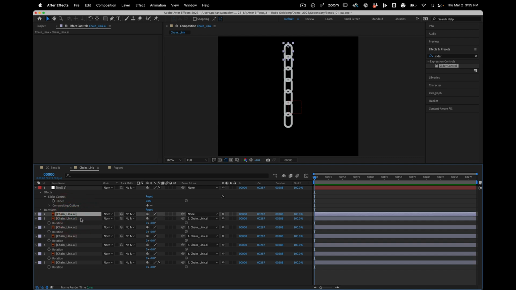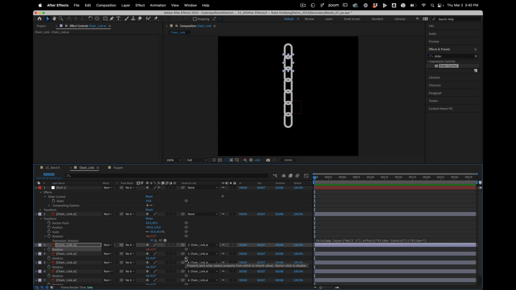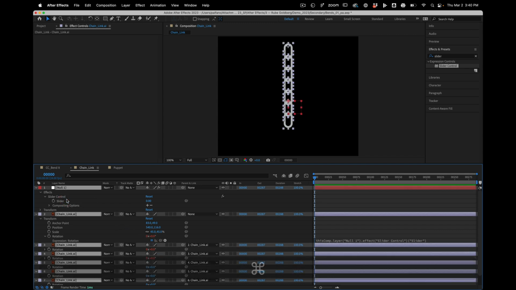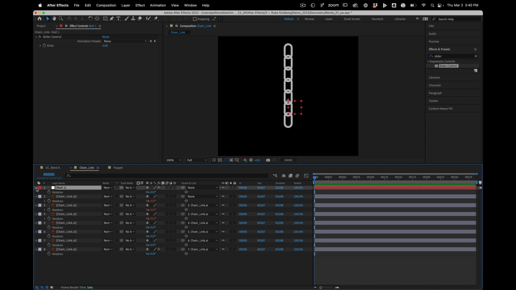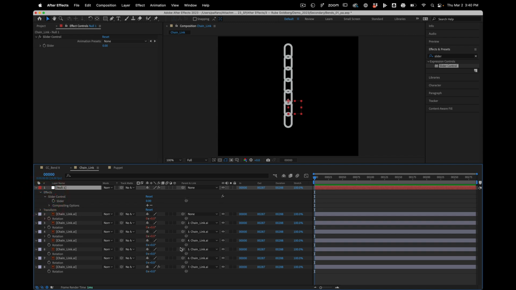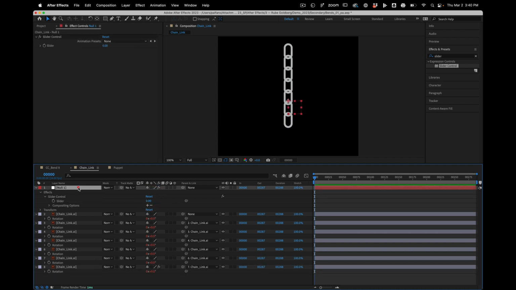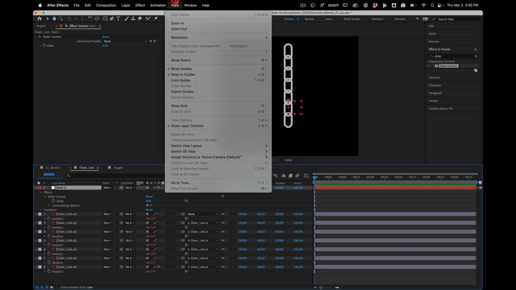one value to another. All right, so I'm going to grab this slider. Okay, so now I can just have one number that's controlling the whole chain, right? Another thing I could do, which would be maybe even better, is I can go to my Window